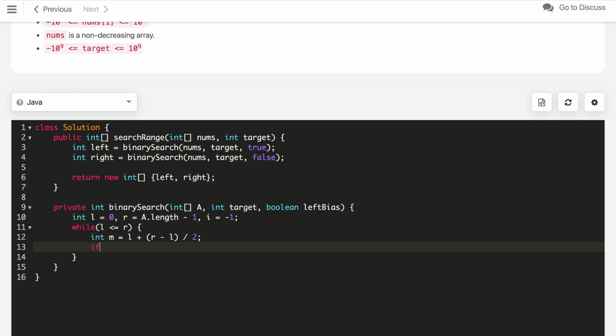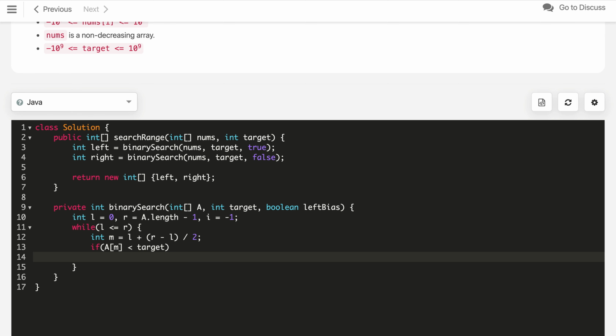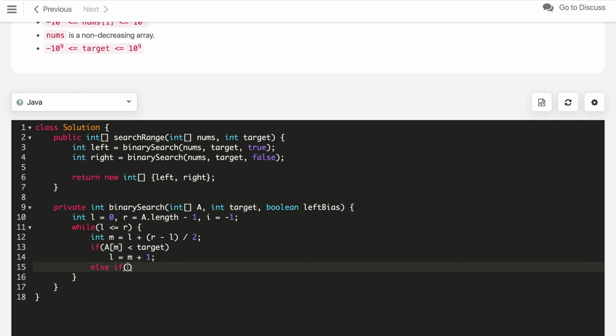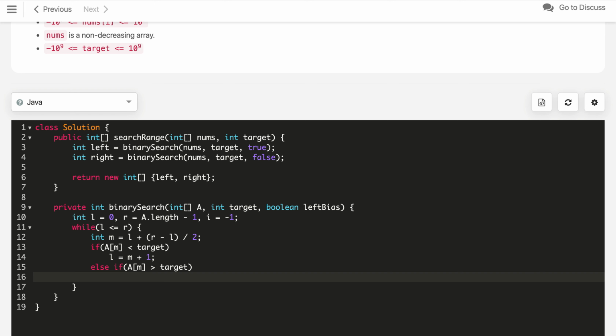And now we check: if a of M is less than the target, we update L to M plus 1. Else if a of M is greater than the target, we update our R to M minus 1.